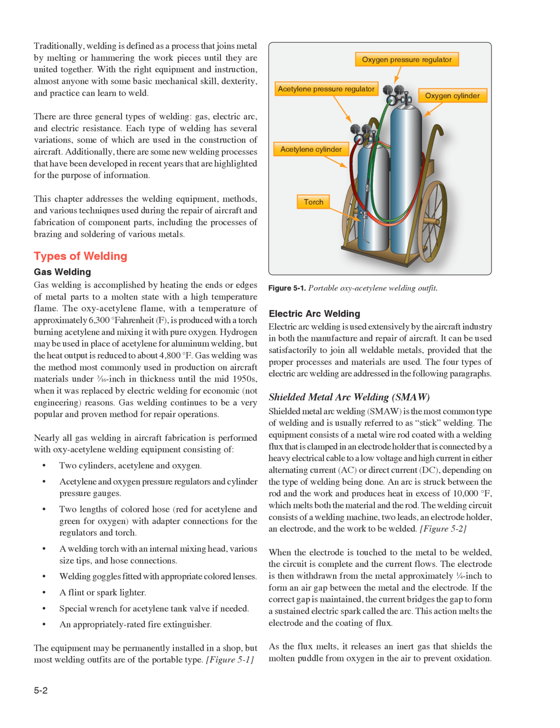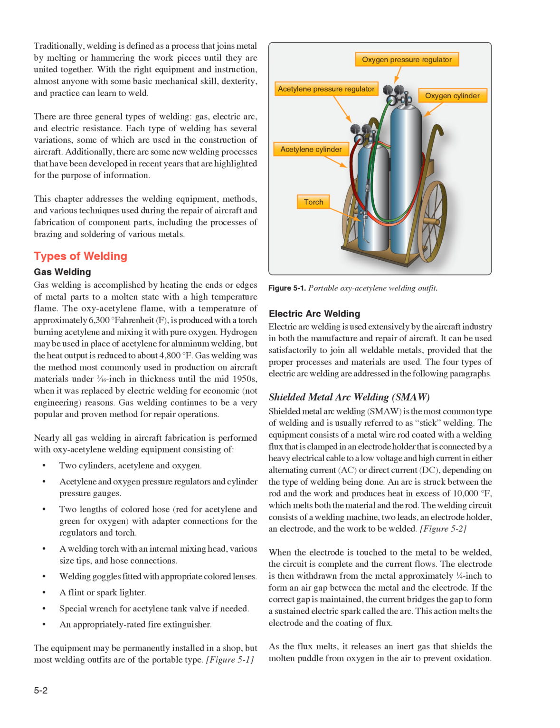Types of welding: gas welding. Gas welding is accomplished by heating the ends or edges of metal parts to a molten state with a high temperature flame. The oxyacetylene flame, with a temperature of approximately 6,300 degrees Fahrenheit, is produced with a torch burning acetylene and mixing it with pure oxygen. Hydrogen may be used in place of acetylene for aluminum welding, but the heat output is reduced to about 4,800